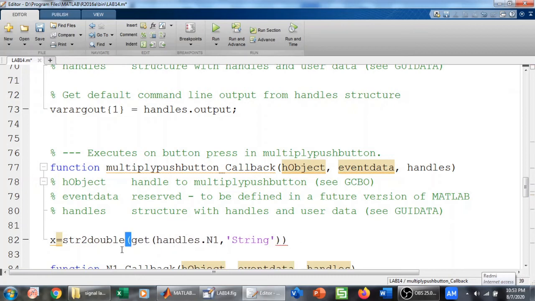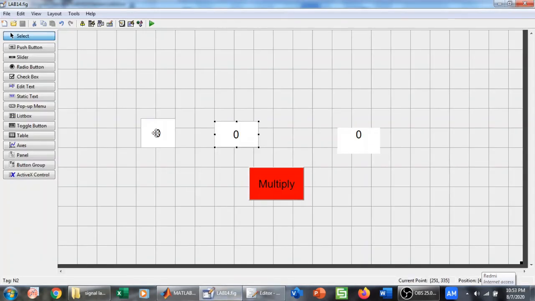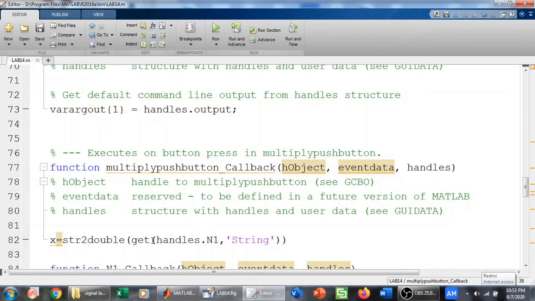So now this is going to convert the n1 that the user will enter. For example, here if I enter 6, that will be entered as a string. First MATLAB will get it as a string by the get function, and then it will be converted to double. Again I will do the same for the other variable.